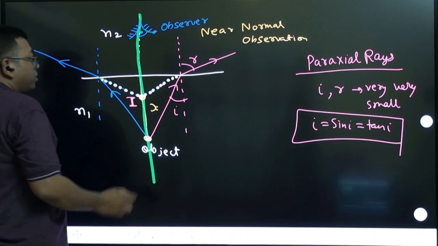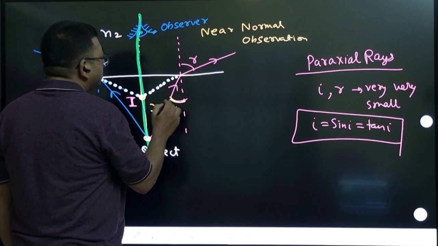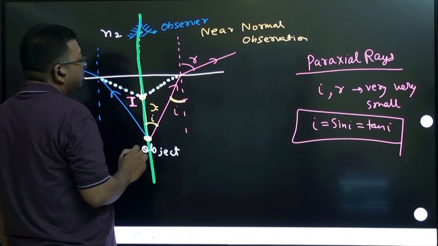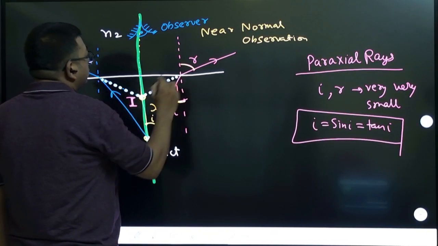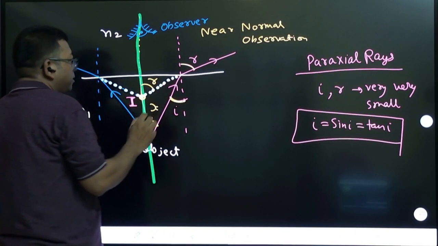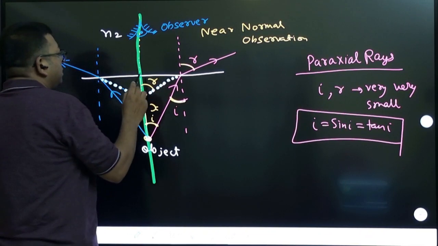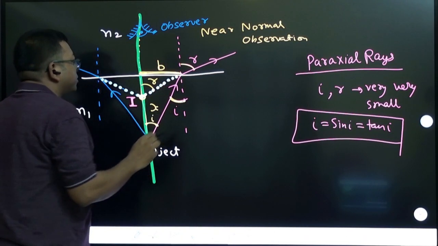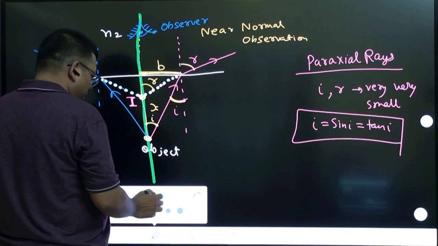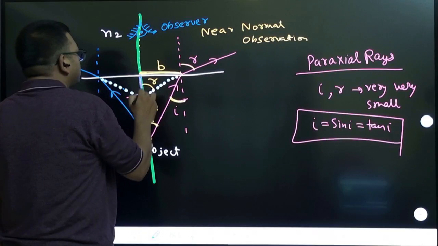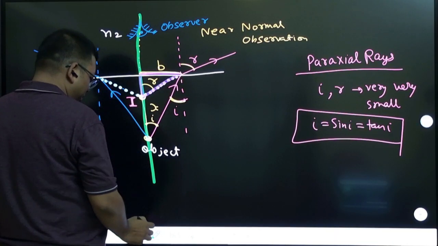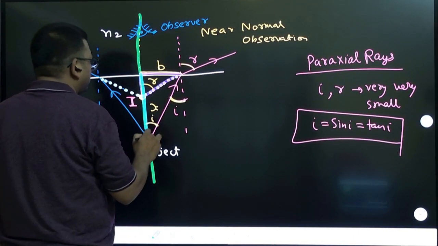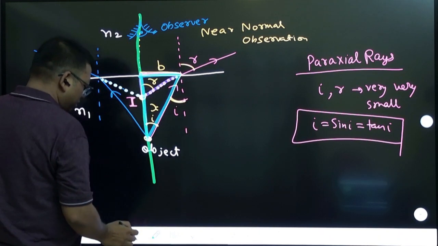Okay, so note that if this is I, then this is also I, and this is R, so this is also R. Let us say that this distance is some distance B. There is a right triangle getting formed here that we should know. Similarly, there is a right triangle here also. Two right triangles we can see. So let us apply